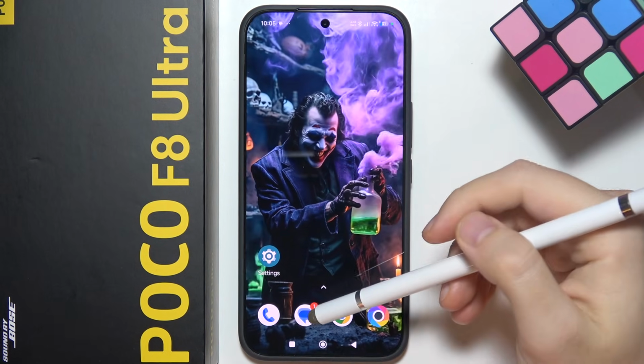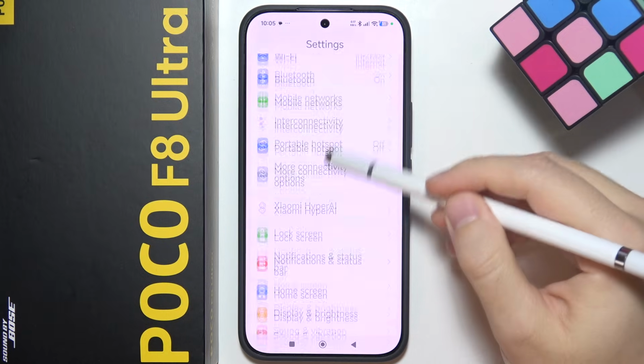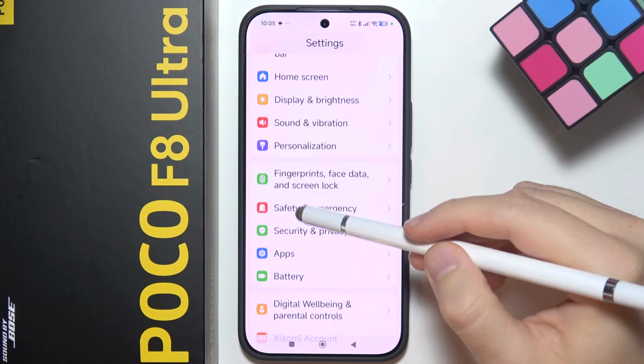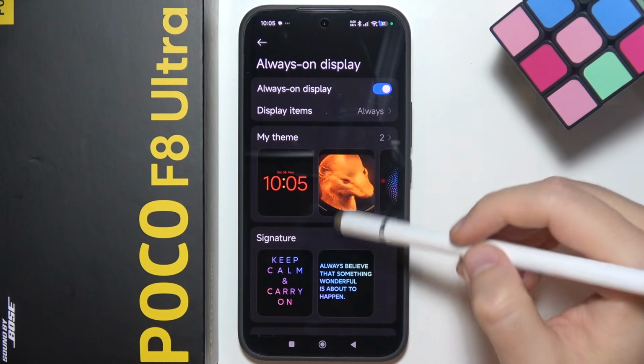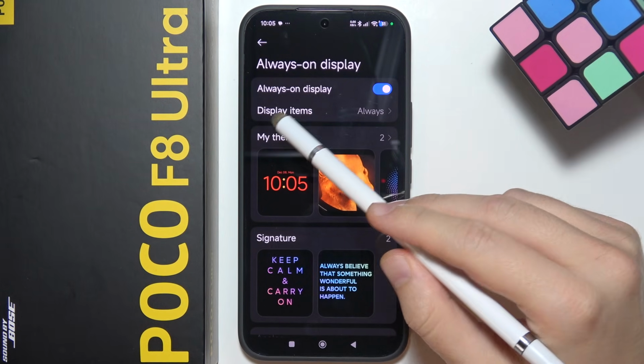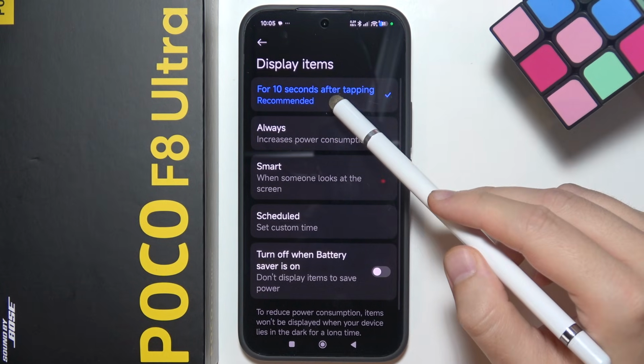To customize always on display on Poco F8 Ultra, start by opening settings. Next you will have to go below into some personalization options and open always on display. First of all, you will probably change the display items because as default it's set for the 10 seconds after